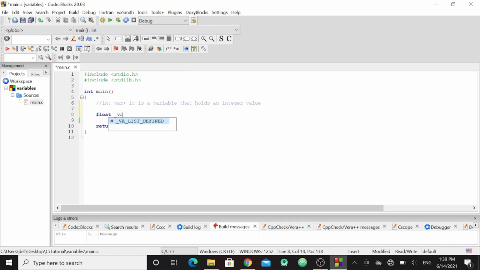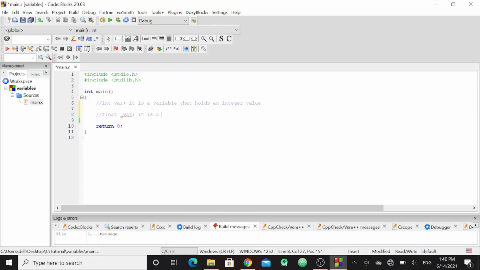The next example we'll see is float underscore var. This is an underscore. This variable is a float variable. It holds floating point values, like decimal values. I'll make this also a comment, and I'll provide the source code in the description below.